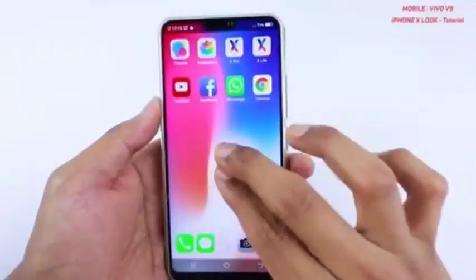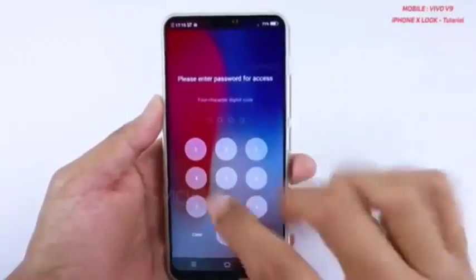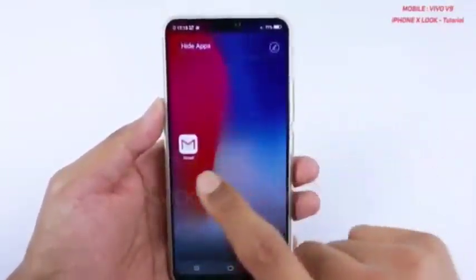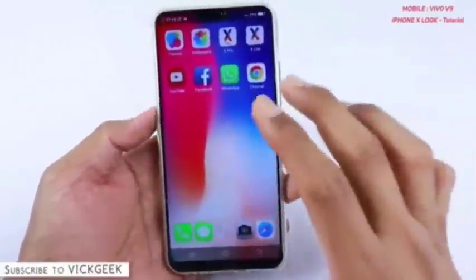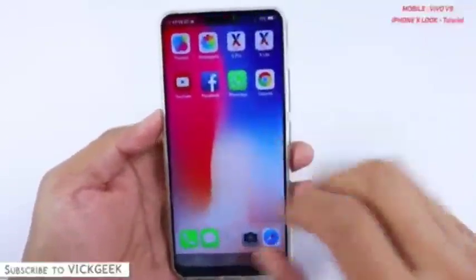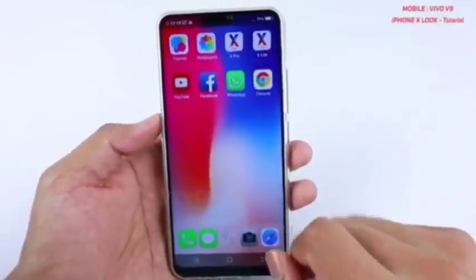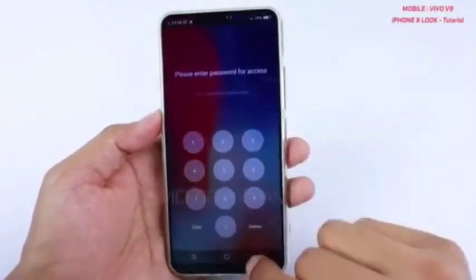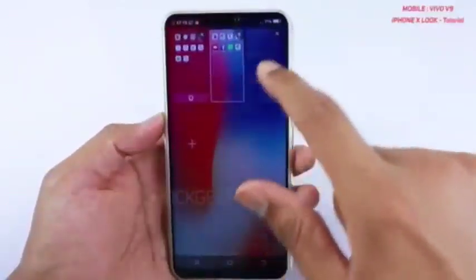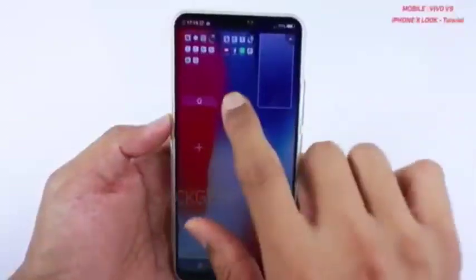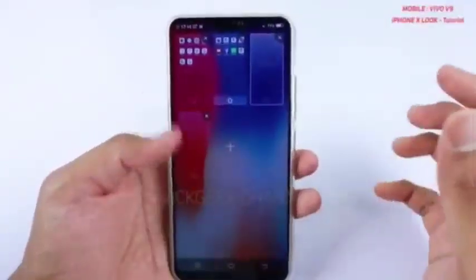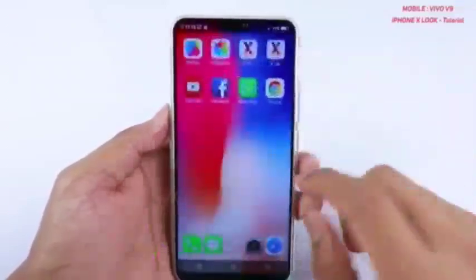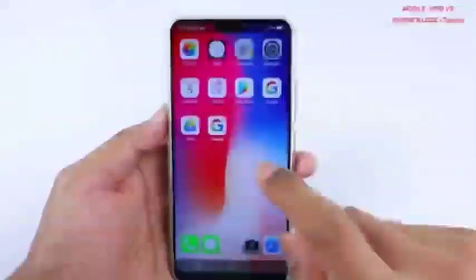To access it again, you swipe up like this and enter the password. Here is your hidden app. So this is how you hide applications on this launcher. I found it interesting, and maybe it might be helpful to you. Even if you swipe down like this, you will get the home screen. You can set this as your default home screen if you want, or you can add the plain home screen as well. So this is how you do it. Very interesting, very nicely laid out application.